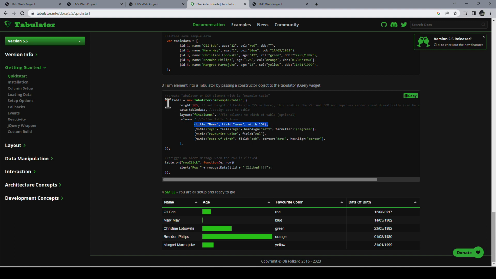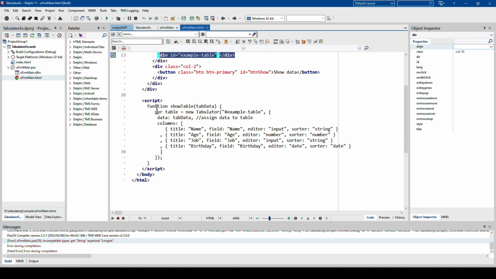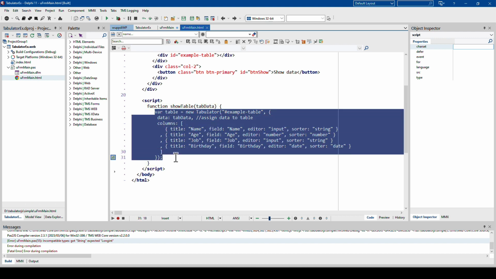And what I did is I copy pasted this into my template right here. So I have the function showTable, that is the function definition, and I simply pass in some data. That's the name of the parameter, tabData. And as I said, JavaScript doesn't have a strong type system, so there is no type definition after this. I simply say I have a function, it's called showTable, and the parameter is called tabData, and then I have opening brace and closing brace for what is supposed to happen inside of that function.